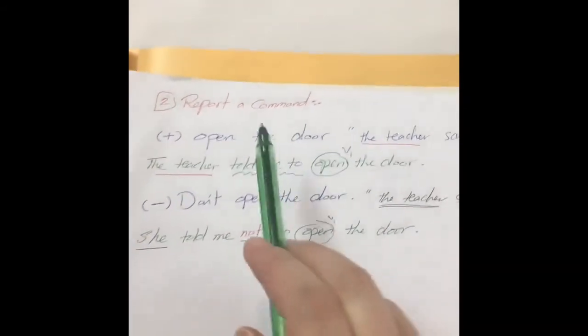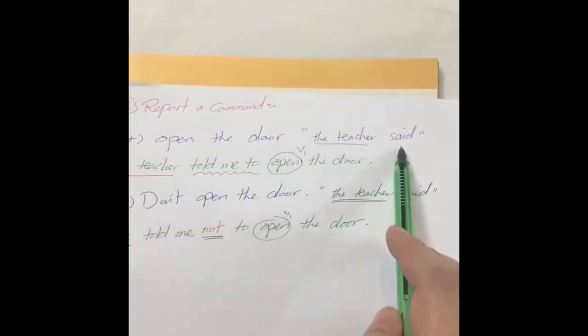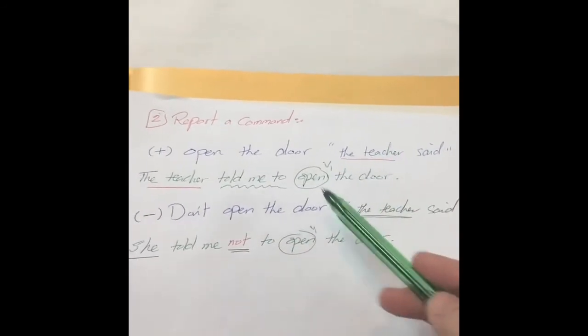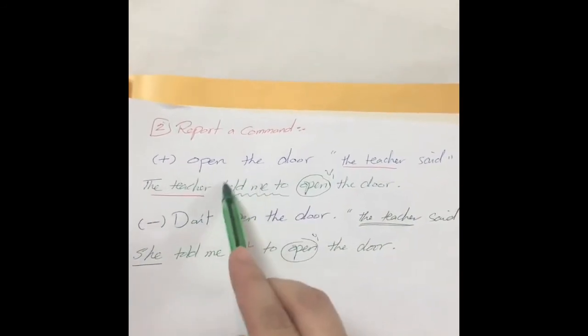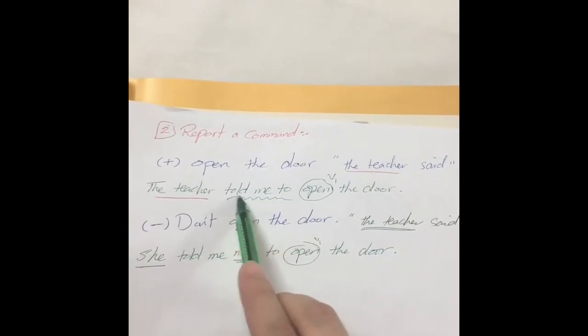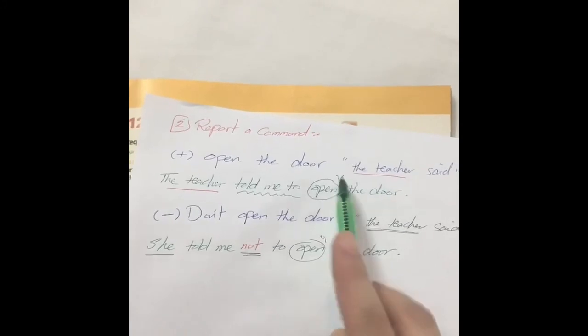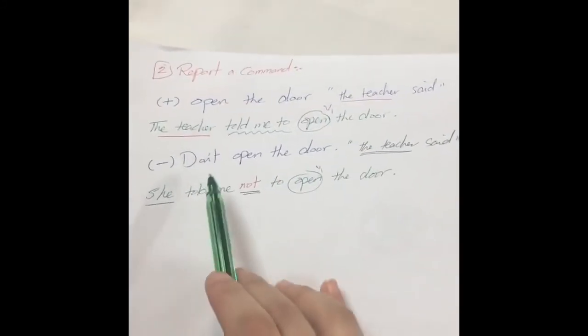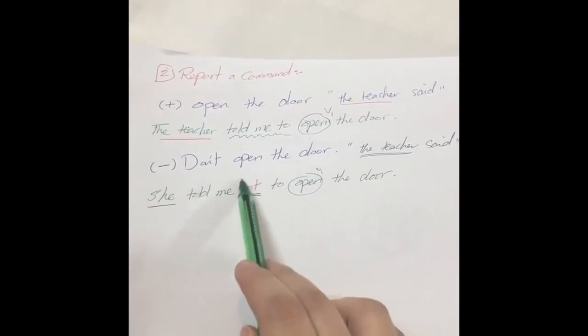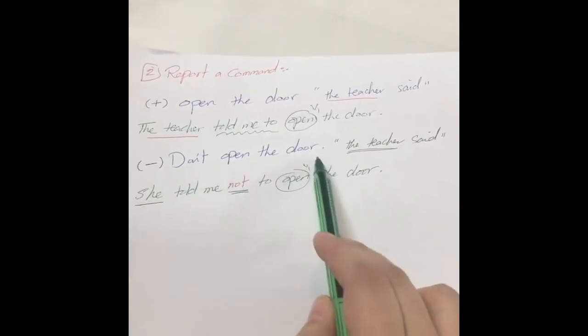Number 2, commands. I gave you a command, affirmative. Open the door, the teacher said. And I told you to report it. So the teacher told me. In requests we said asked me. Here we say told me to open the door, the same thing, verb 1. But if it's negative, I will add not before to. The same thing. Don't open the door, the teacher